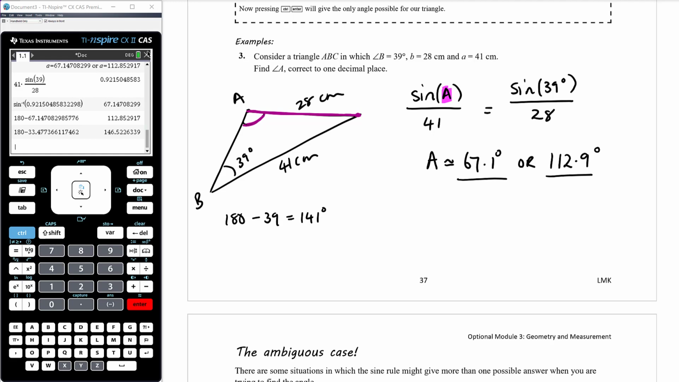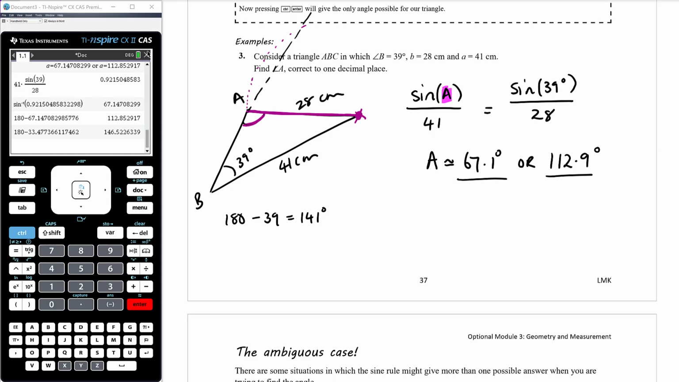But what I could do, if you imagine fixing it to this point here, and then you imagine it like a pendulum where it can swing out and around, then we can still have another length over here that's also 28 centimeters. Sorry, I haven't drawn that very well. Let me just extend,